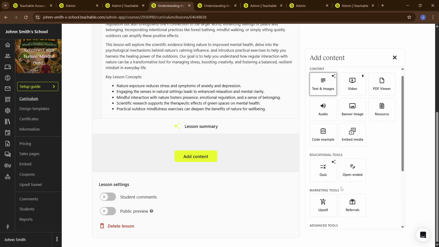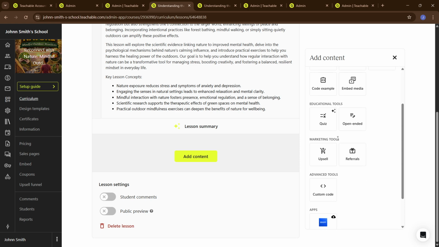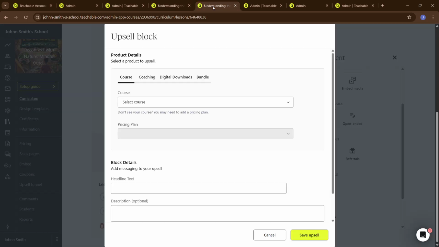From your dashboard, head to Products, then Courses, and open the course you want to enhance. In the curriculum, select the specific lesson where the upsell should appear. Choose Add Content and look for the upsell block under Marketing Tools. You'll be prompted to pick the product type: course, coaching, digital download, or bundle, and then the exact product to